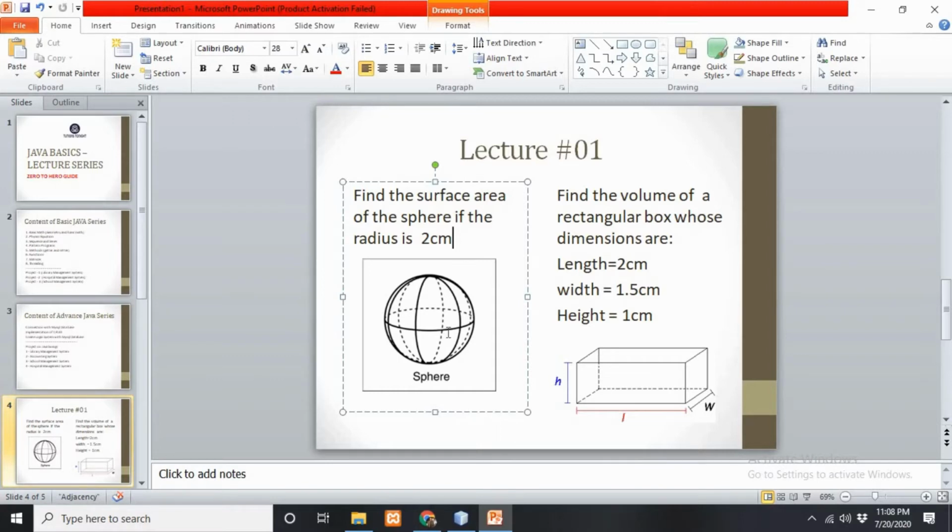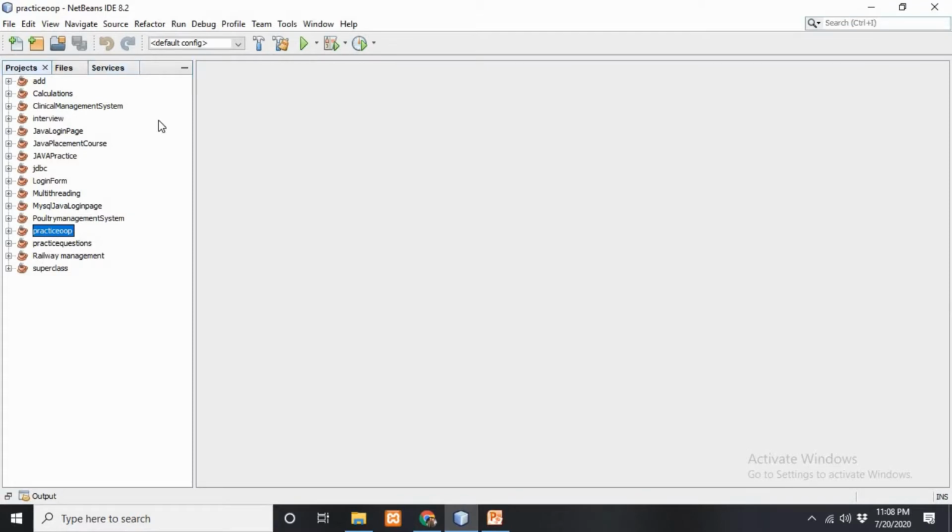So how can we calculate the surface area? There is a formula, that is 4 pi r square. In this question I have radius that is 2 centimeter, through which I will substitute the value and evaluate the surface area. So let's go and create our new project.